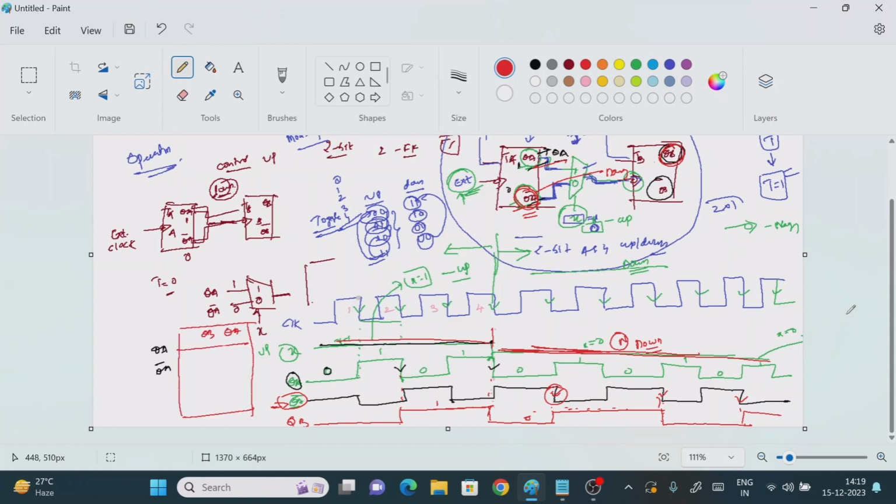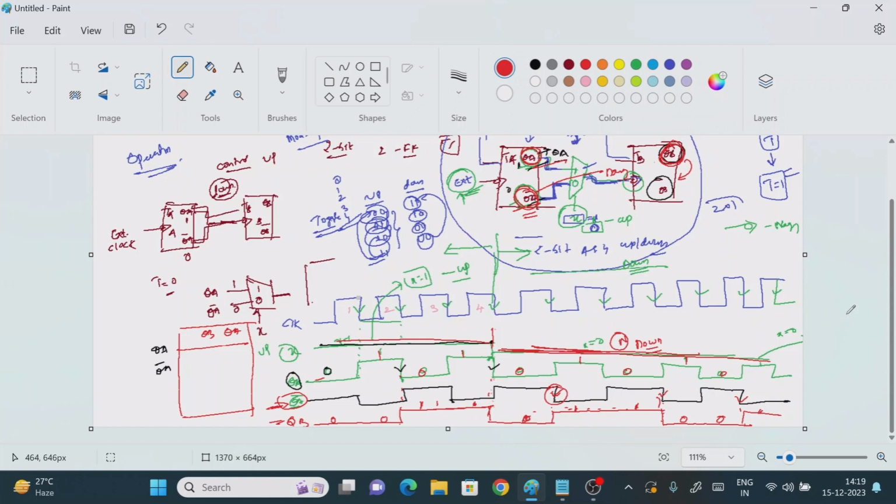Now if you observe here, what is the QA value? Something like 0, 1, 0, 1, 0, 1, 0, 1, 0, right? Since QB is just the complement, I am going to consider the QB value. So what is this value? 0, here also 0, here it is 1, here it is 1, here it is 0, then 1, 1, 0, 0, something 1. Now just see, we have the two flip-flops, right? I am only considering QA and QB. If you want, you can consider the complement value also.